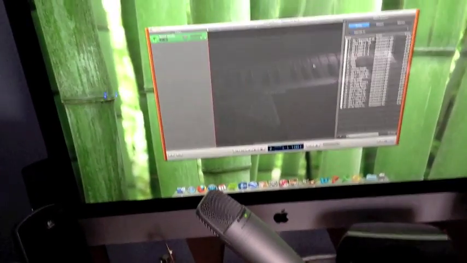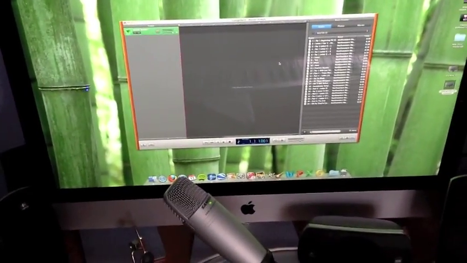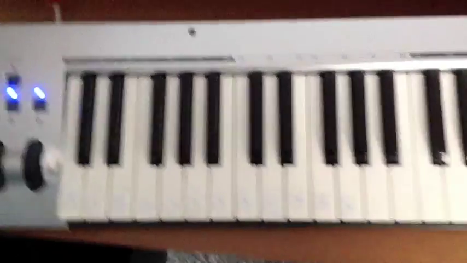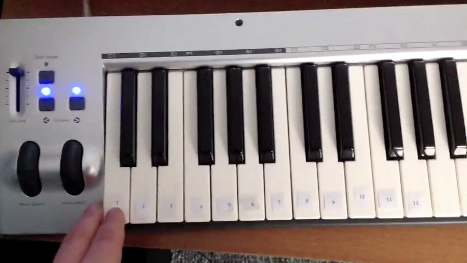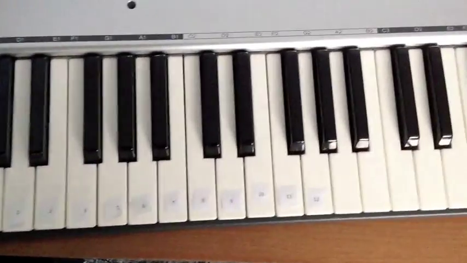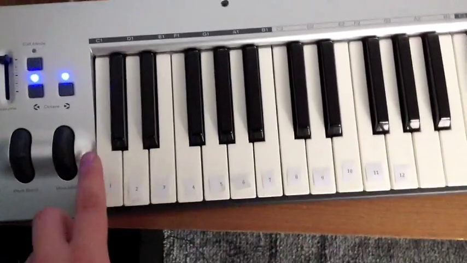So this is one that I created earlier. It's not the one that we did in the presentation here. Now there's nothing else I need to do because, as I mentioned, all you have to do is open up your GarageBand file and you're ready to go. My keyboard is connected. So what's going to happen is when I hit each one of these keys, let me take the headphones out. Alright, so every time I hit one of these keys,